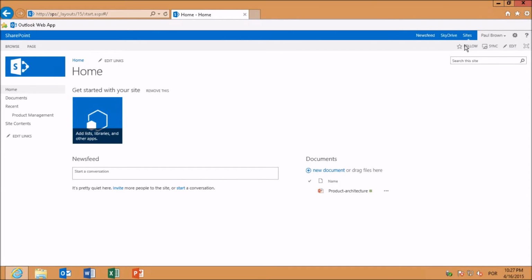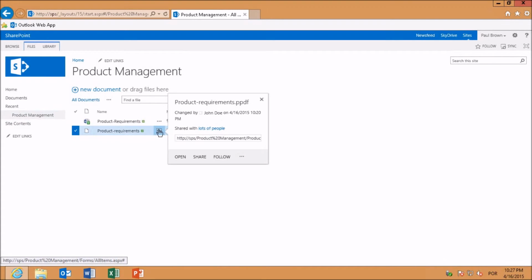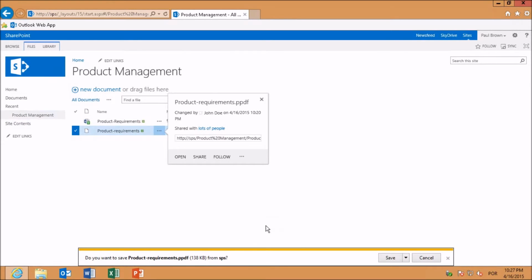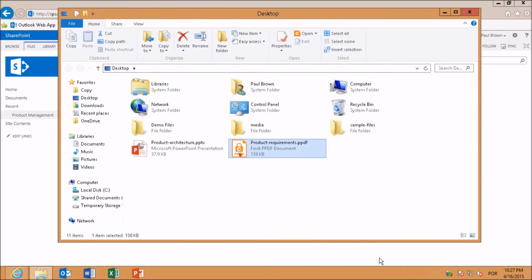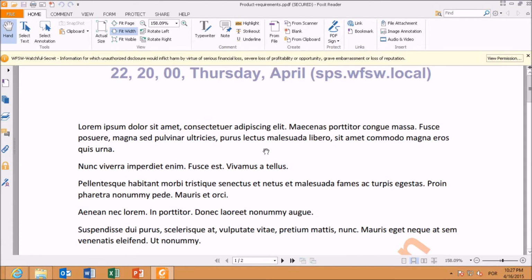Switching to Paul Brown again, just to give you an insight on what Paul Brown can do inside that library. So logged in as Paul Brown, let's go into that library, the product management library. Let's get access to the PDF. Remember, John Doe produced a PDF and uploaded it into that specific library. Downloading a copy of this PDF, you can now see that Paul Brown will have access to it according to